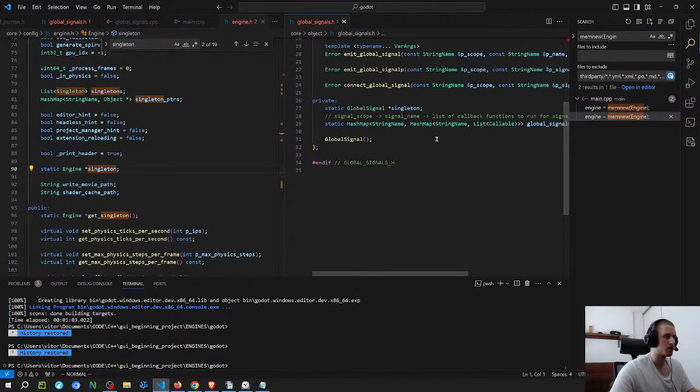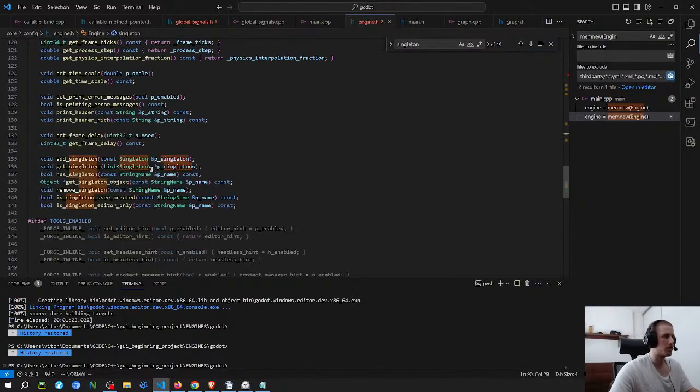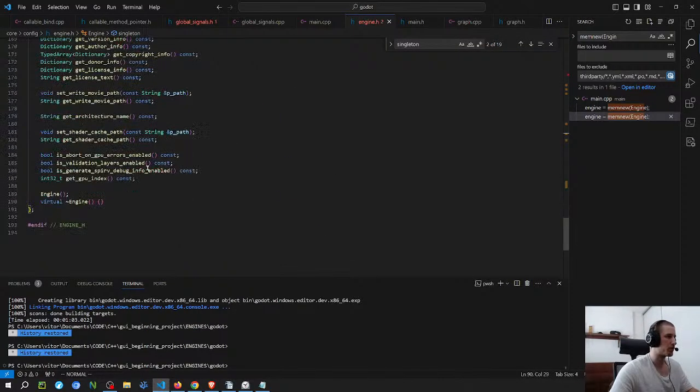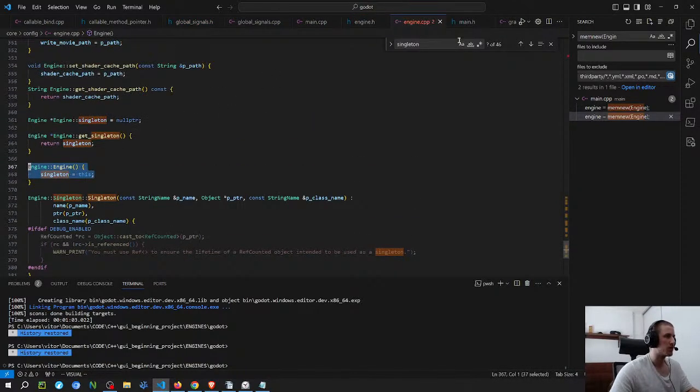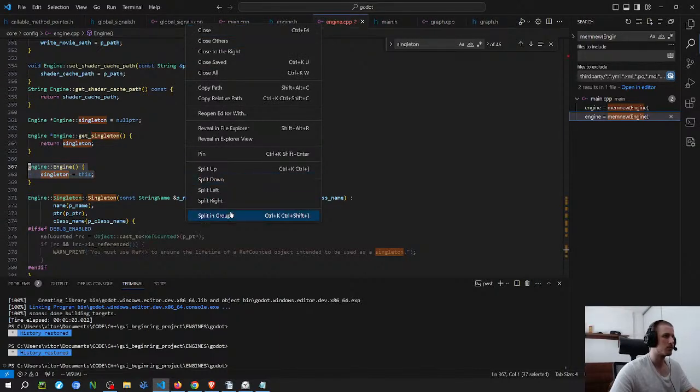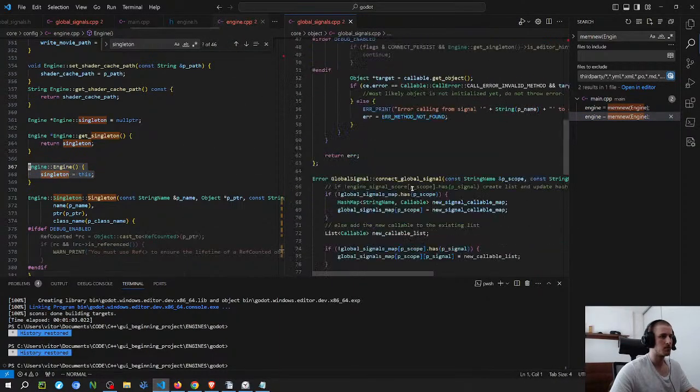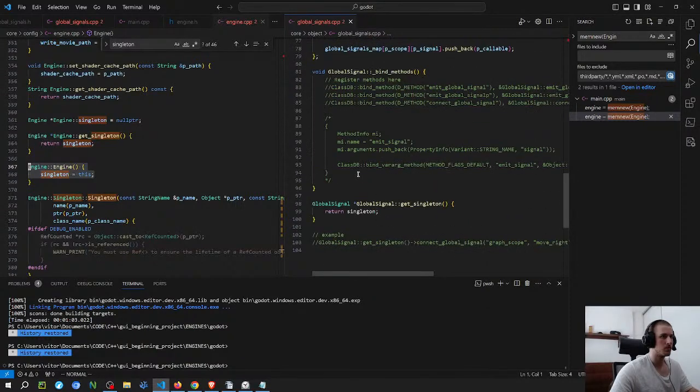Basically the same thing. And then I remember that. So on the initialization, they probably do the same thing, just make equal to this. Yeah, so I think this is correct. And let's see also the get singleton there. Yeah, so it's the same thing.